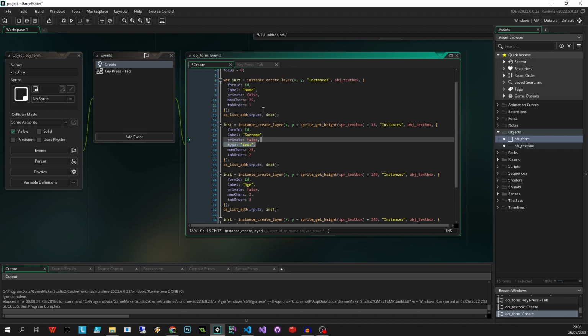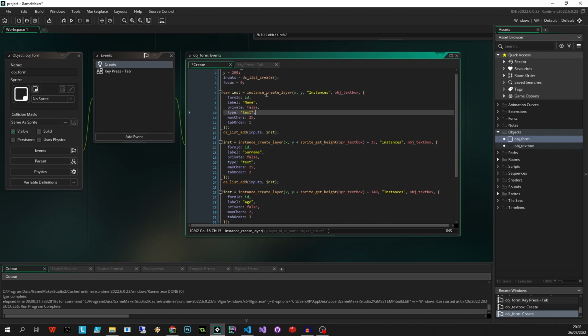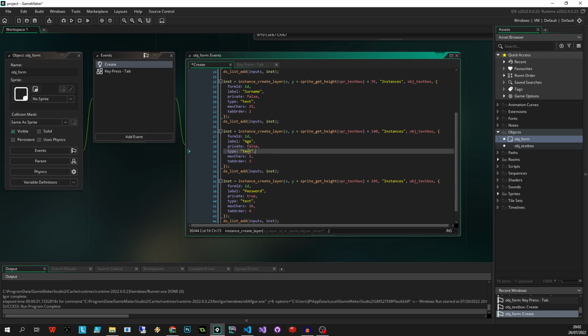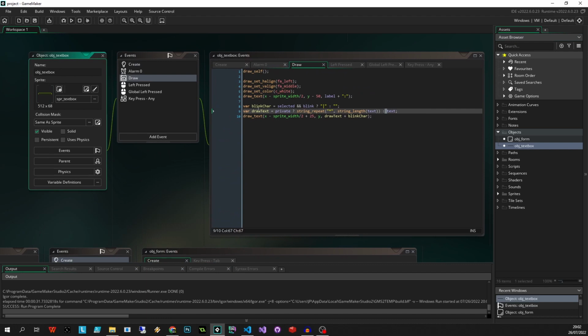We can say name is also text. We can say password is text. And then for age, we can say age is number type. And now that we have a number type, we can go back to the text box and we can say